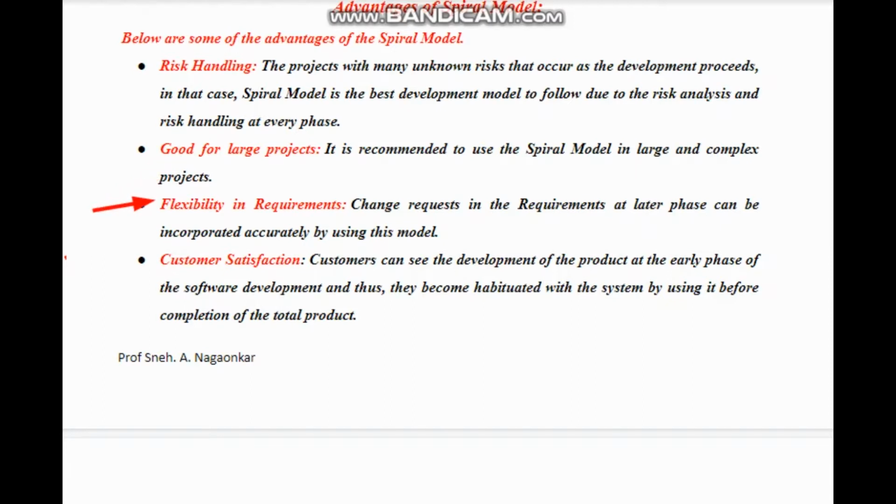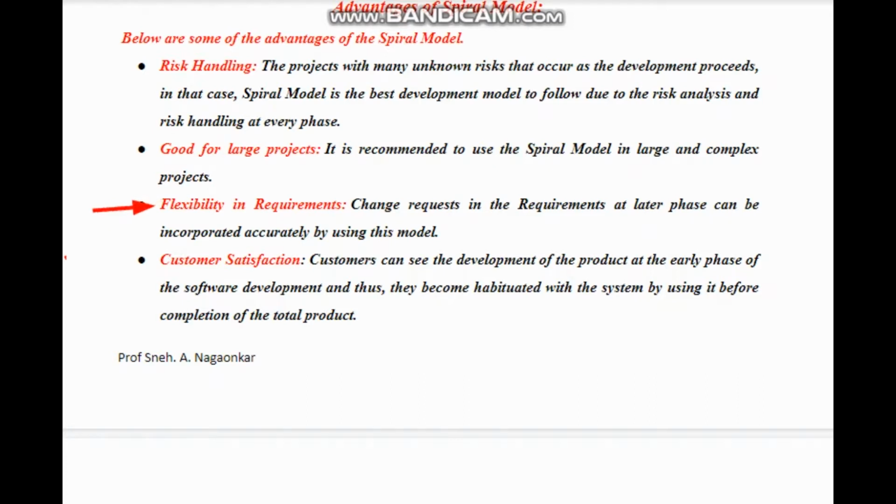So flexibility in requirements, yes, of course, because we develop the first prototype and then we give it to the customer, who may again provide us new information, and we keep on developing or updating our system with the changing requirements. Hence we can say that this model provides us flexibility. Or you can say that it can cope up with the changes that come during the software development.